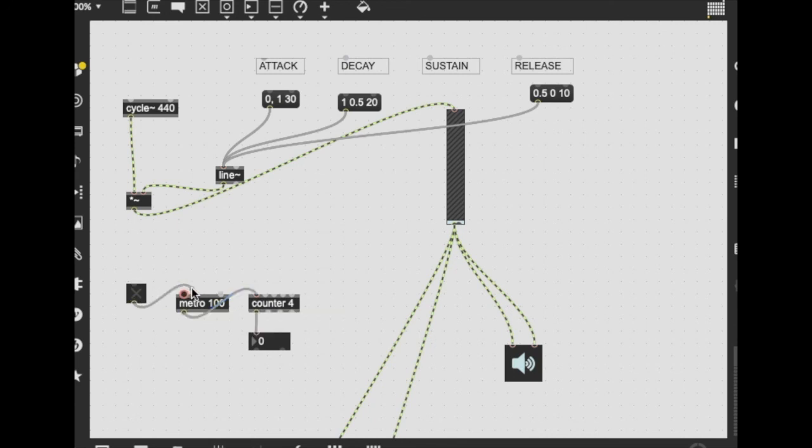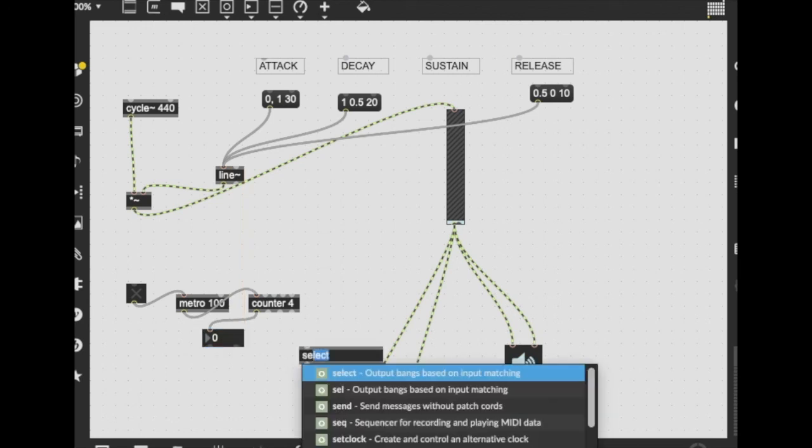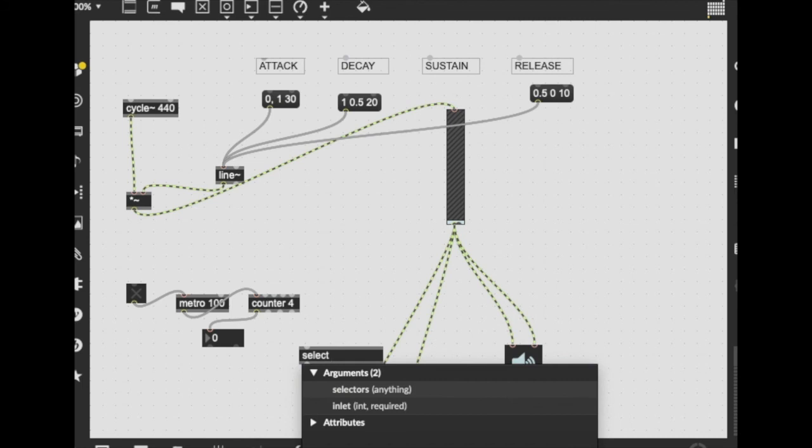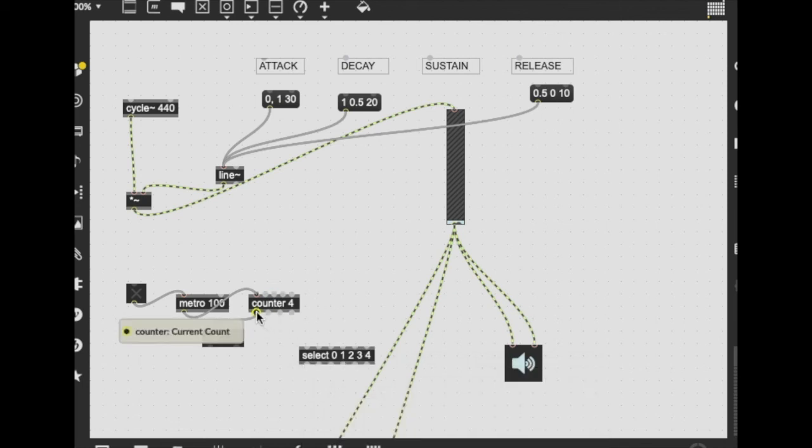We're going to turn that on with that, and I'm going to turn it back off again when it hits 4. Okay, actually no, we're not going to do that. We are going to do a select 0, 1, 2, 3, 4. Okay, so that's going to count to 4 for us